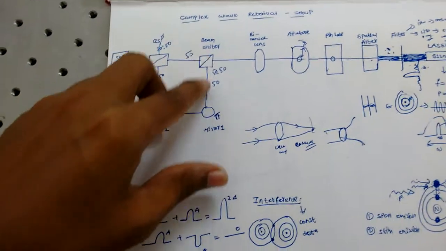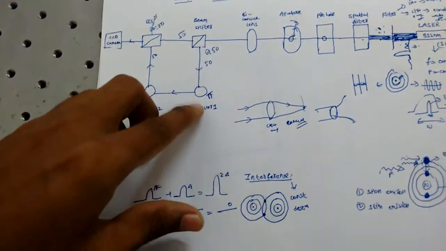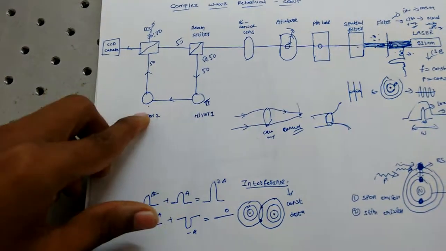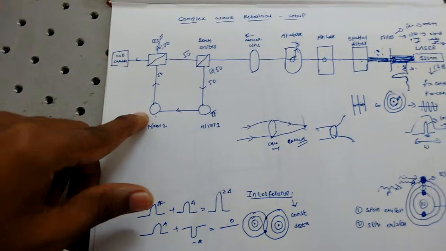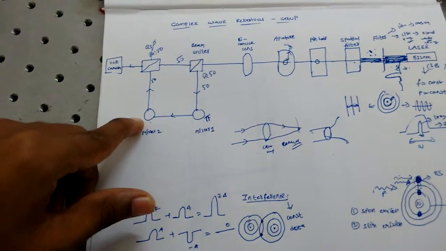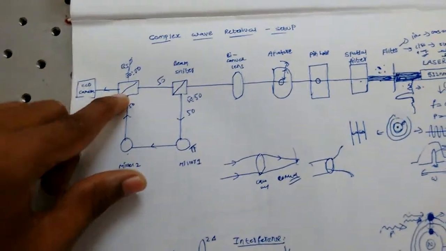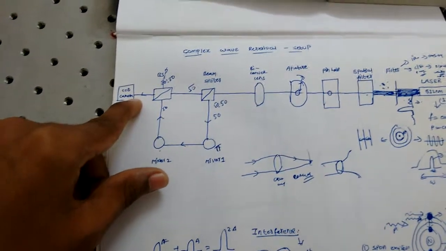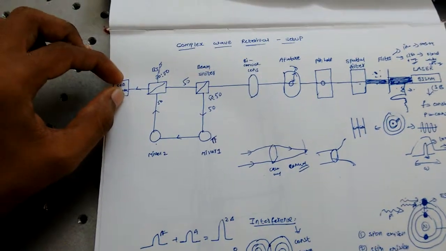We can take path B. From beam splitter 1 we get a ray to mirror 1, reflecting to mirror 2. Mirror 1 produces a phase shift of pi, mirror 2 also produces a phase shift of pi. So in total we get 2 pi and it goes to the beam splitter. We have a total 2 pi phase shift recorded. So the two paths are continually recorded by the CCD camera. We can see the interference pattern.